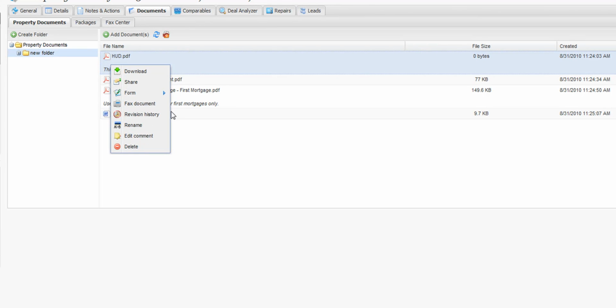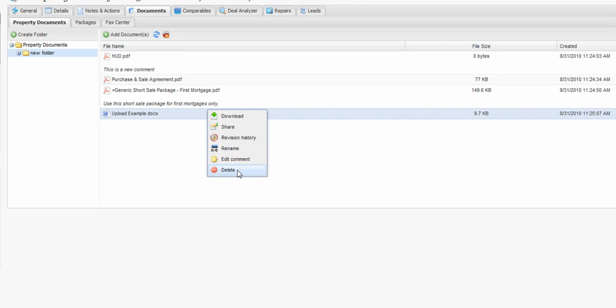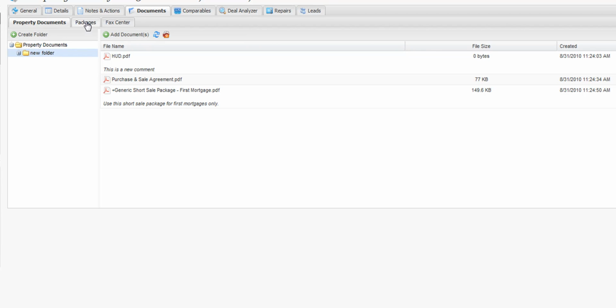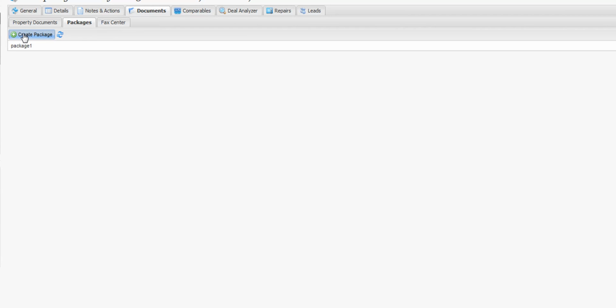And then if for some reason you don't want everything to be cluttered and you don't have a need for a specific document, you can just right click and delete. Then we'll go over to the Packages tab. We can create packages,